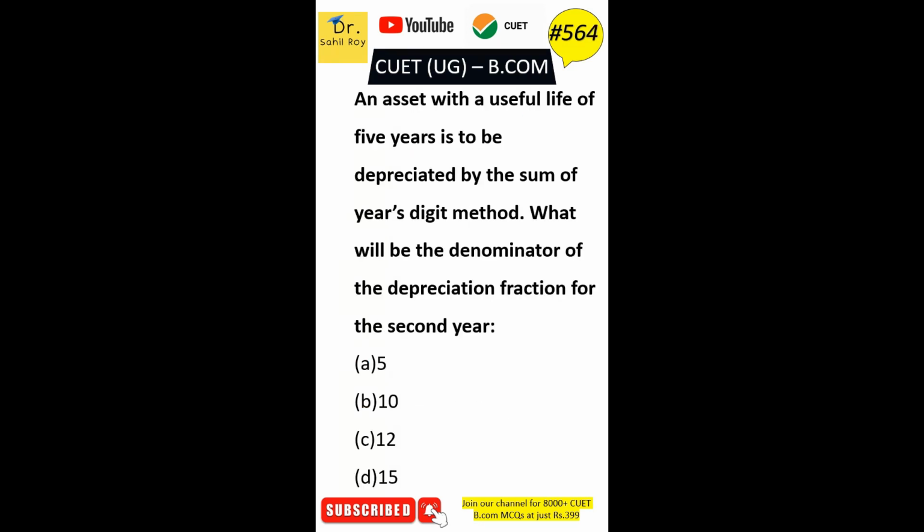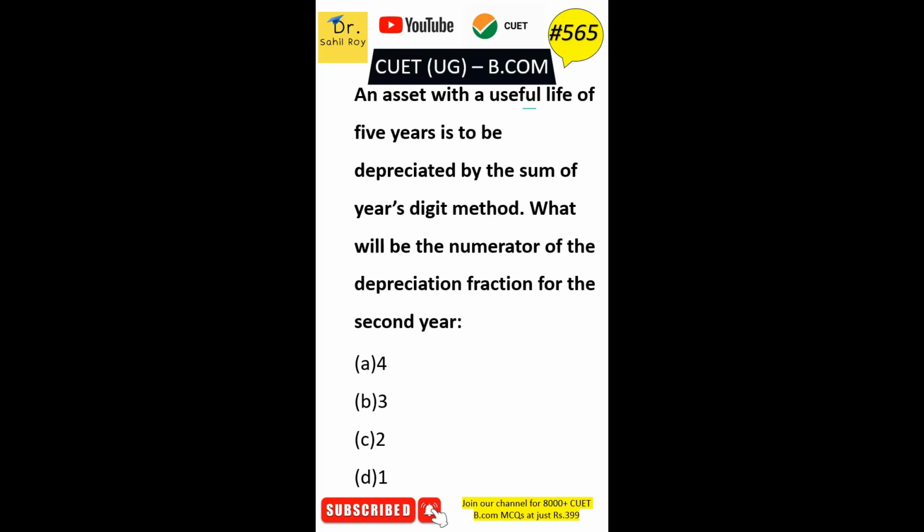An asset with a useful life of 5 years is to be depreciated by the sum of years digit method. What will be the denominator of the depreciation fraction for the second year? Option A 5, option B 10, option C 12, option D 15। इस क्वेश्चन का सही आंसर है ऑप्शन डी 15। ऑप्शन डी इज द करेक्ट आंसर।